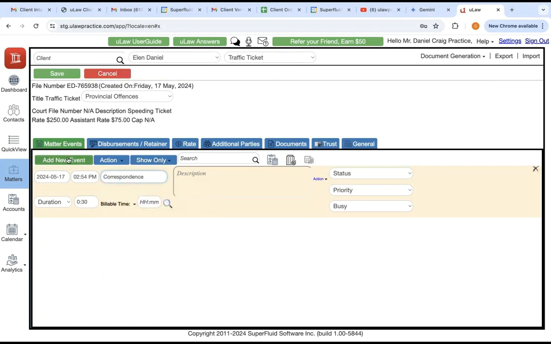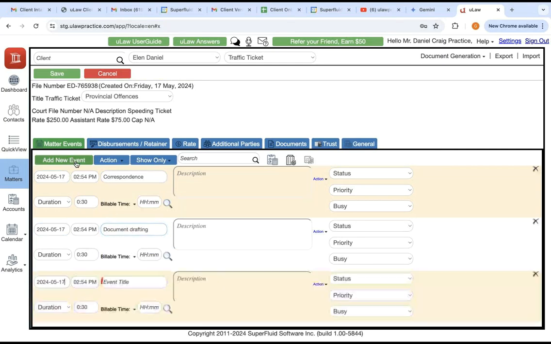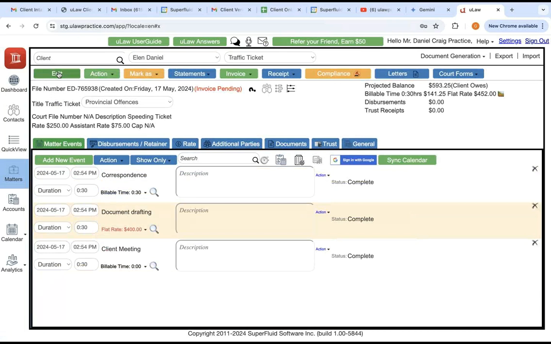So any correspondences, any other work, everything is being recorded with either billable time or flat rate. Okay, and save it. Now, an important thing before you even get started with docketing is that you click on compliance